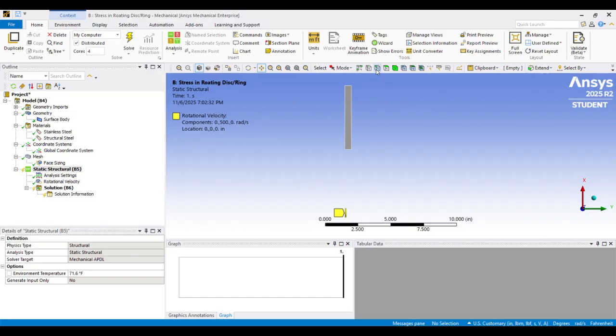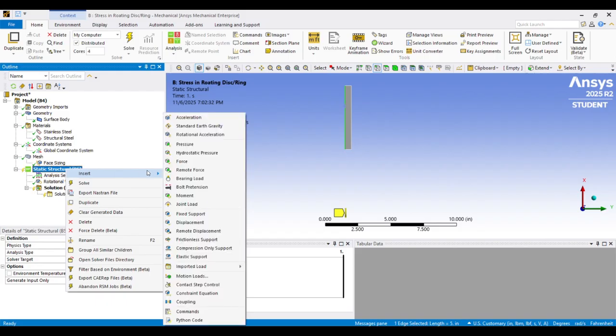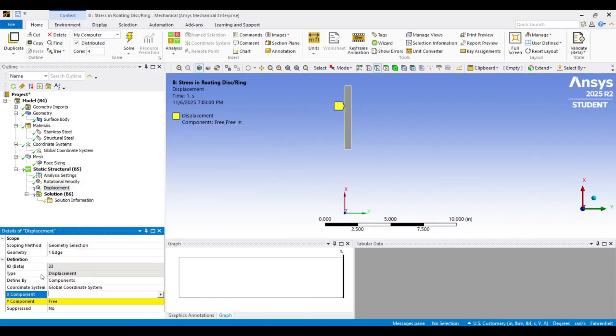So you would click on this left edge and insert displacement, and then you'd set the displacement in the direction aligned by the vector associated with the plane of symmetry equal to 0. In this case, the y vector is normal to the plane of symmetry,